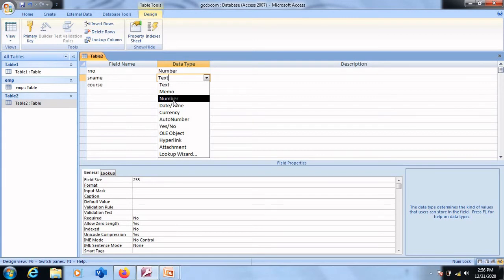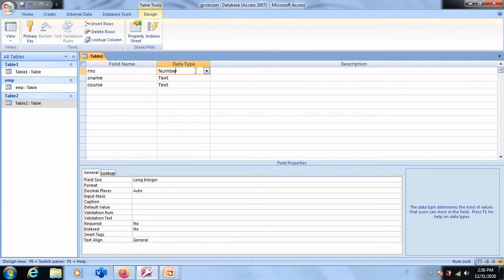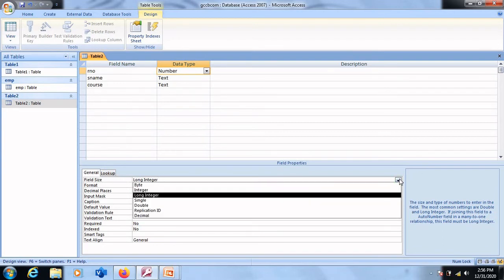And in number, we have different variations in field properties. For example, roll number is one of the columns we have in this example. If you select number, in field properties, in a particular property called field size, we have different variations of number available.